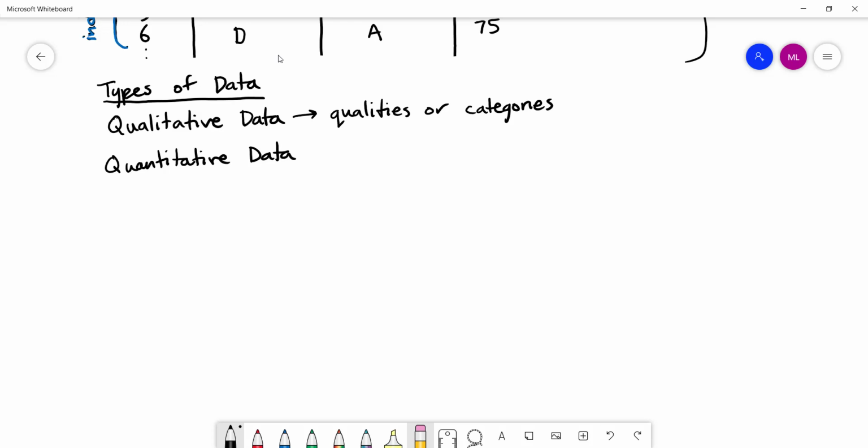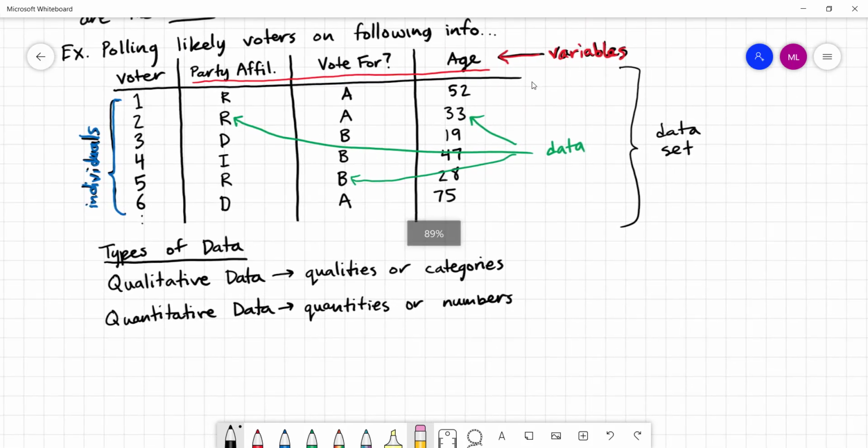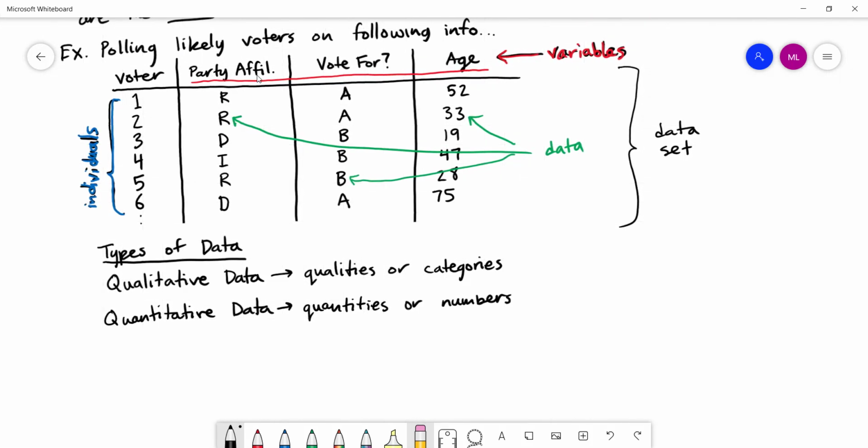And quantitative data, the root word there is quantity. So we're talking about numbers. So the easiest way to distinguish between them is basically quantitative data is numbers, qualitative data is everything else. So for example, if we look up at the example that we just did, and I'm looking at party affiliation, who they plan to vote for, and the age, their party affiliation, Republican, Democrat,